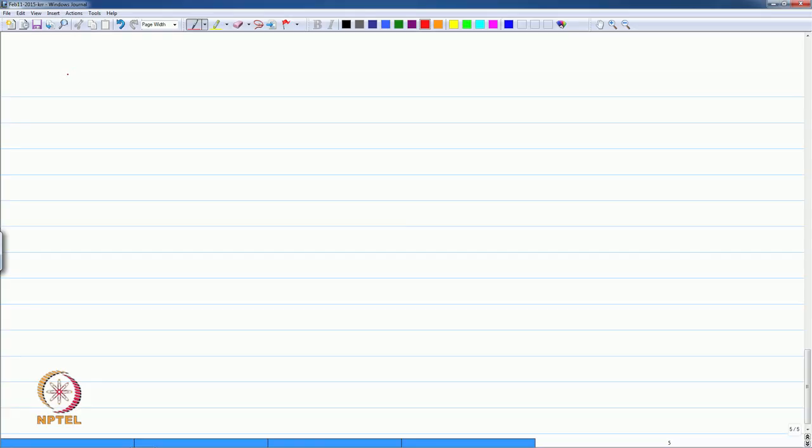Okay. So, in the last class we looked at unification. Today we want to look at forward chaining again. So, remember that we had looked at this rule called modified modus ponens,